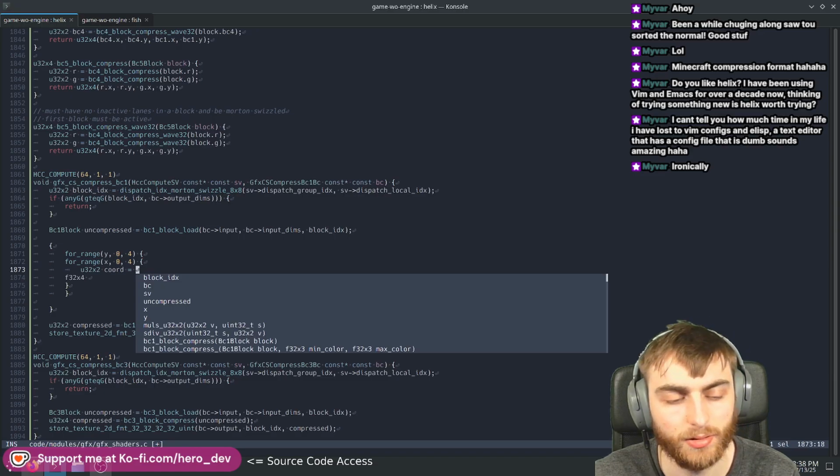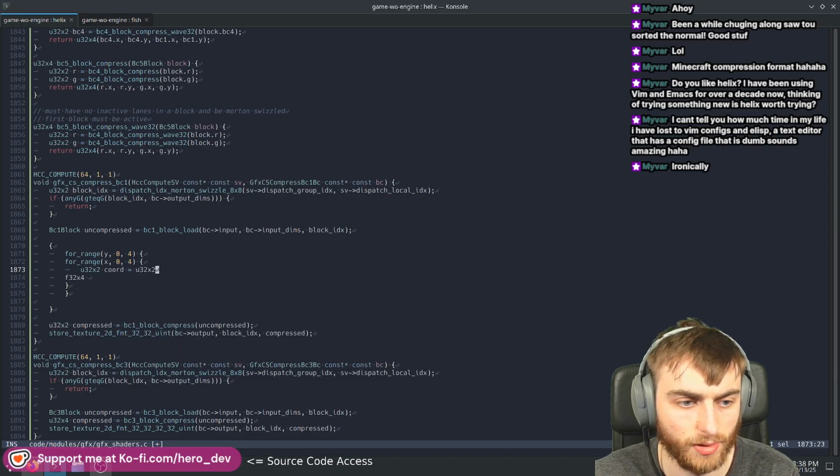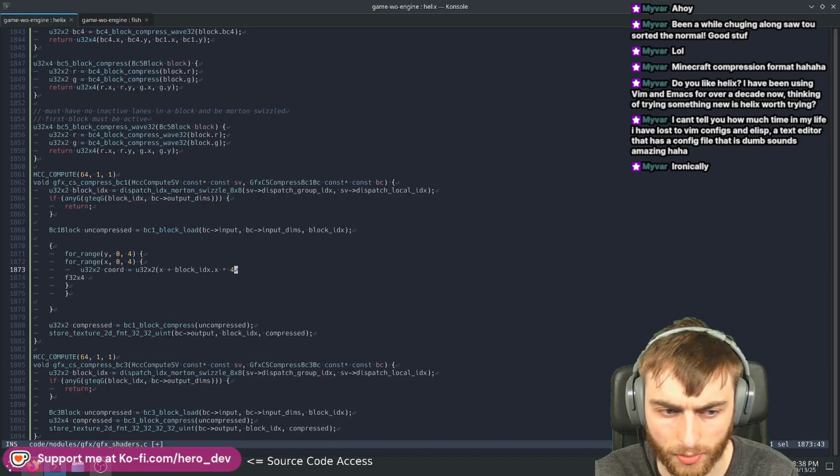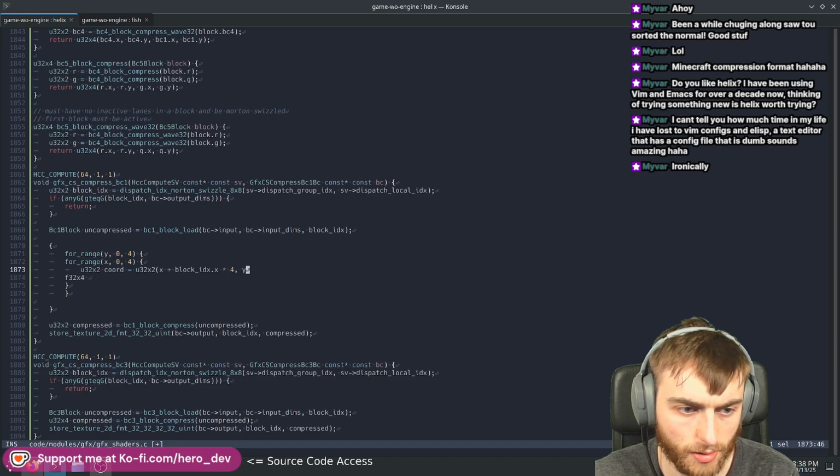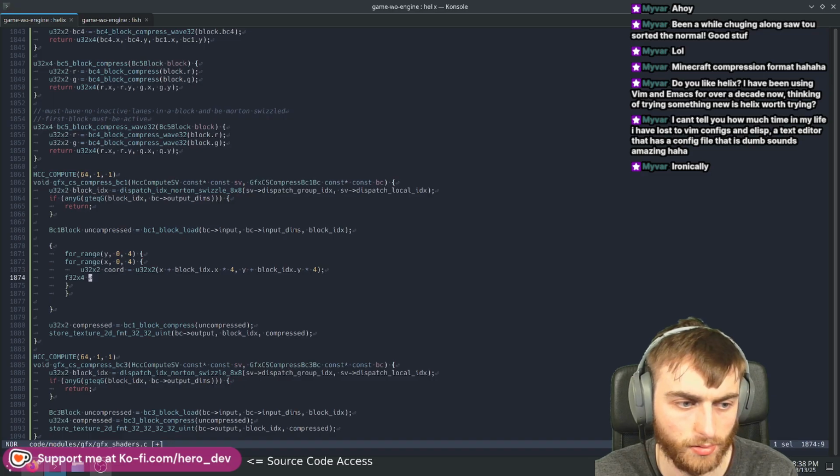So that'll be effectively x, sorry, I meant to say x plus block index dot x times 4, and y plus block index dot y times 4. And then the color is going to be